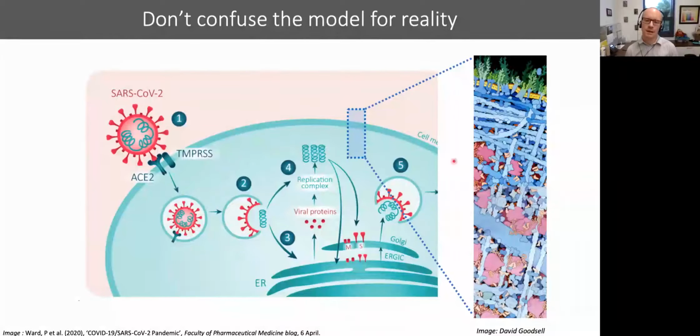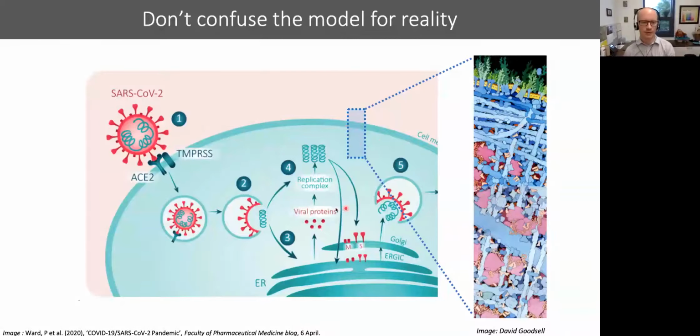To emphasize that, I've shown this really cool graphic by David Goodsell, who has tried to depict the actual sizes and concentrations of molecules inside a eukaryotic cell. So this yellow thing at the top would be the cell membrane. And whereas in our simplistic model, the cell is shown as mostly empty space, here we see that it's just jam-packed with proteins and other molecules. It's very chaotic. So I want you to keep this in the back of your mind with pretty much all of the pictures that I'm showing you. Don't confuse the model for reality.